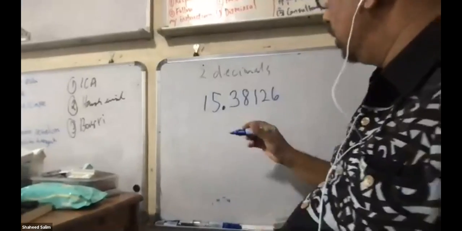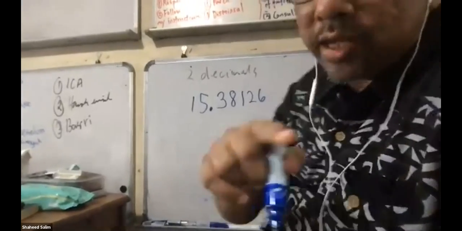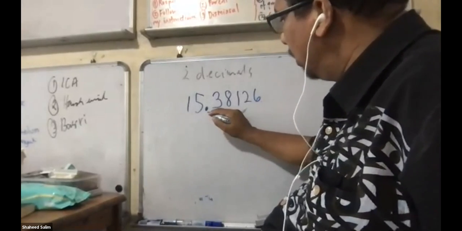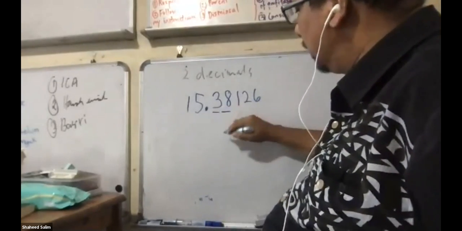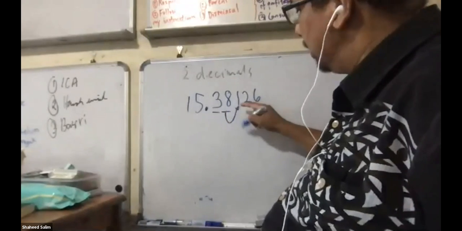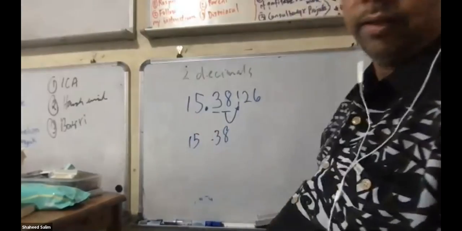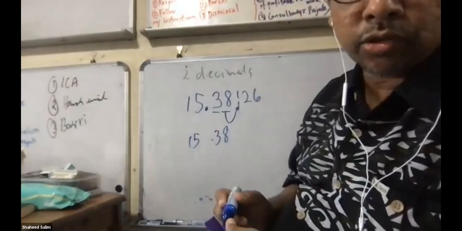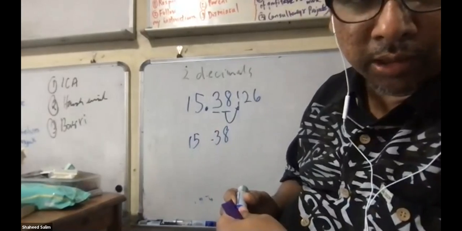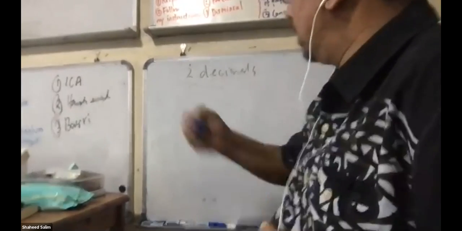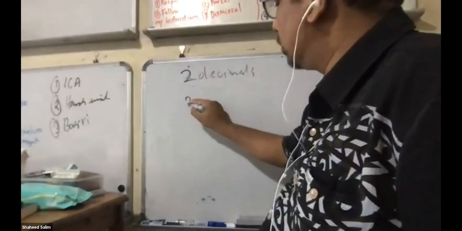Okay, Putra, we want 2 decimal places. So where's 2 decimal places? Putra, it's not the last 2. You must count from down here: 1, 2. Then look at the next one here. If this is 5, 6, 7, 8, 9, you plus 1, but this is none of them. So leave it as 15.38. We have to go to the next one. Shalina, you know what to do? Okay, again, we want 2 decimal places. Round off to